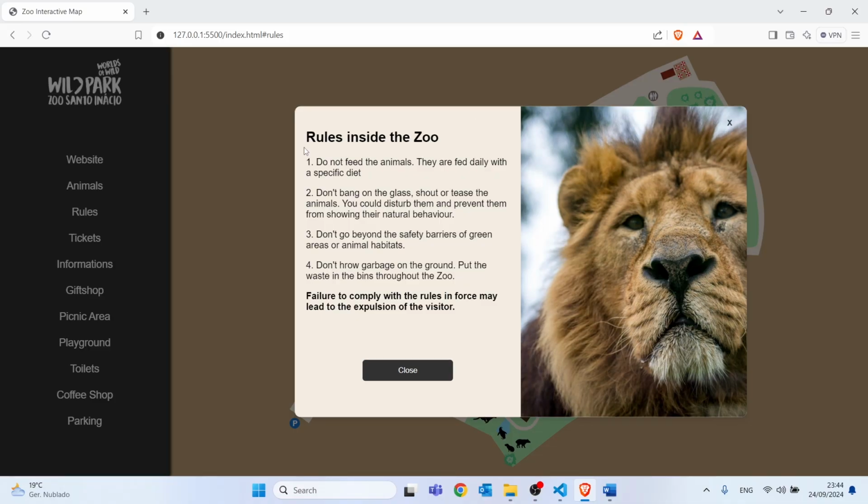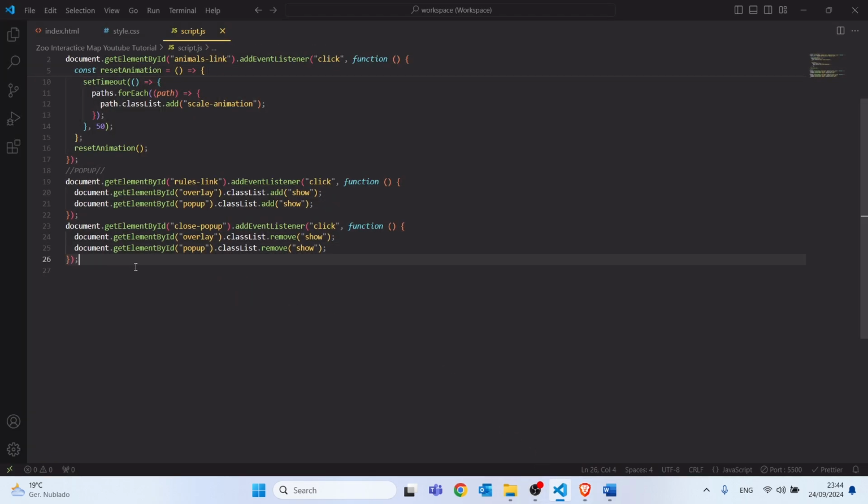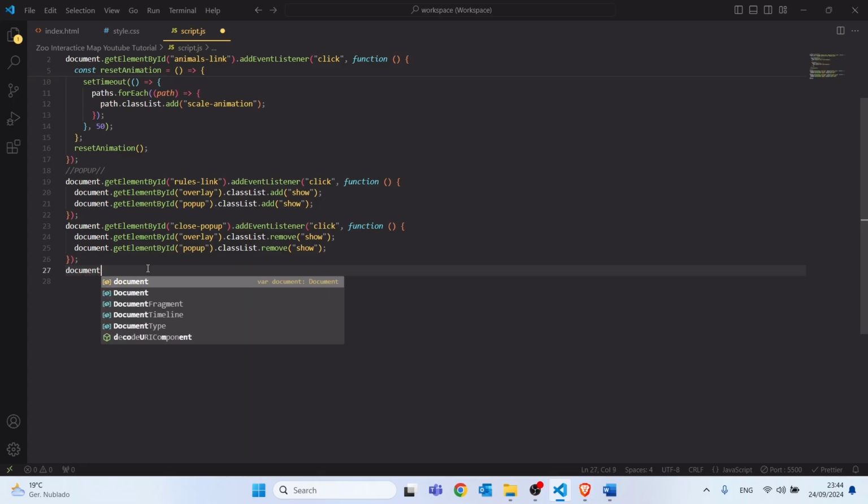But we want to apply this to the X button and as well to this overlay. So after we click this overlay, I want the pop-up to be closed as well. So let's start with a new function. So let's type document get element by ID,